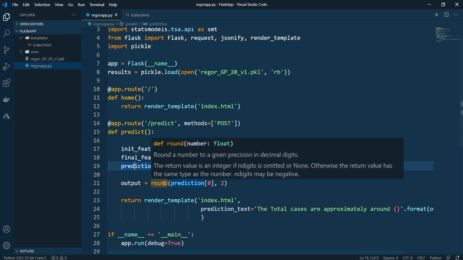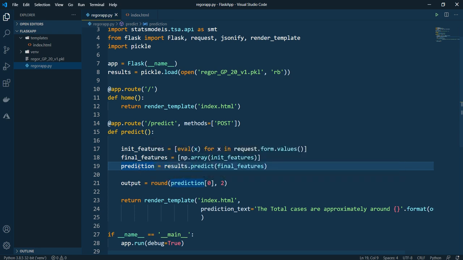So to this, from NumPy, I have a method that is round, and for this prediction that we get here, I will take the first value, that is 0, which stands for the two parts. So basically, when we saw the total cases when it predicted, it was a very large number. So one part consists of the integer and the other part consists of the floating point. So we are interested in getting the integer part, but the floating part keeps on changing. So that is an approximation.